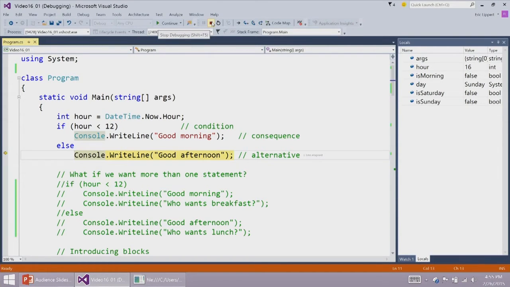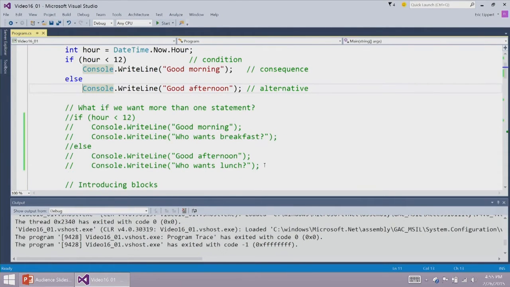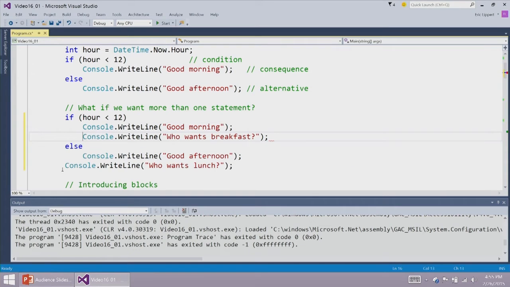You might ask yourself, well, what if we wanted more than one statement to be executed given a condition? So let's take a look at this code right here. Well, we could say if the hour is less than 12, then write good morning, who wants breakfast? Otherwise, write good afternoon, who wants lunch? Okay, it seems like this is perfectly sensible consequence and alternative. But you notice we're getting a red squiggle here, and this is saying